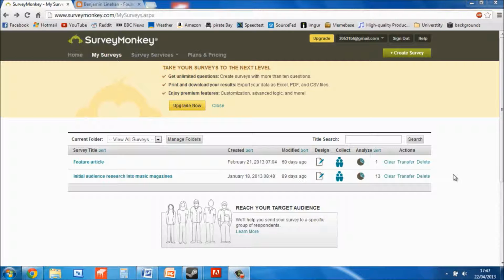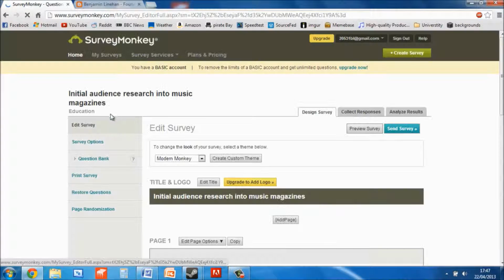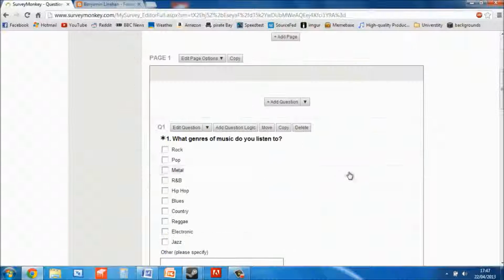When I was still in the research and planning stages of my blog, I needed to get some research into my audience to find their likes and dislikes and all that sort of stuff. We were introduced to a website called SurveyMonkey that allows you to create really good surveys and then target them towards your audience, collect the results, analyze the results, and get some really good research. I'm going to show you the initial research one that I did, and it allows you to create